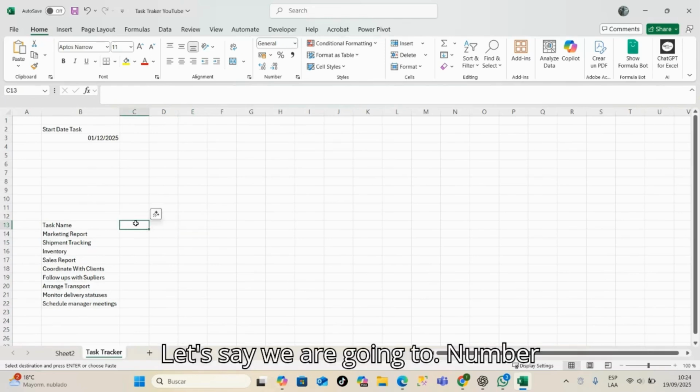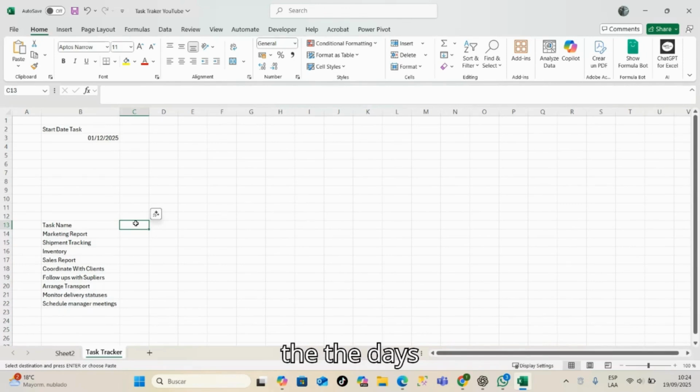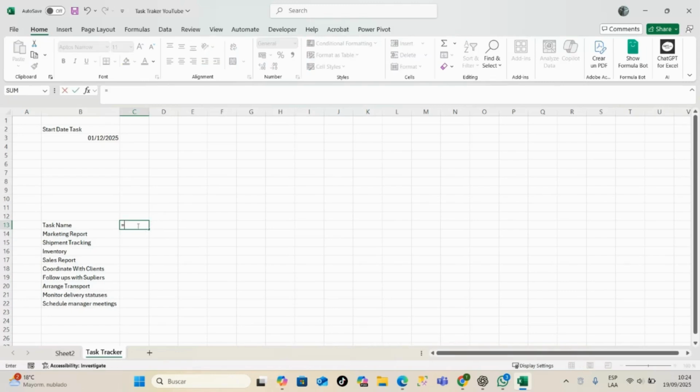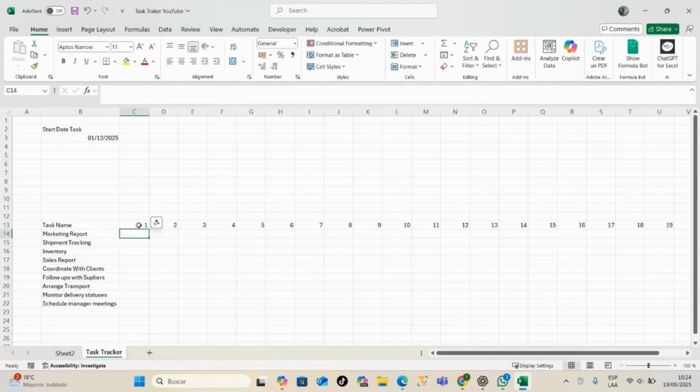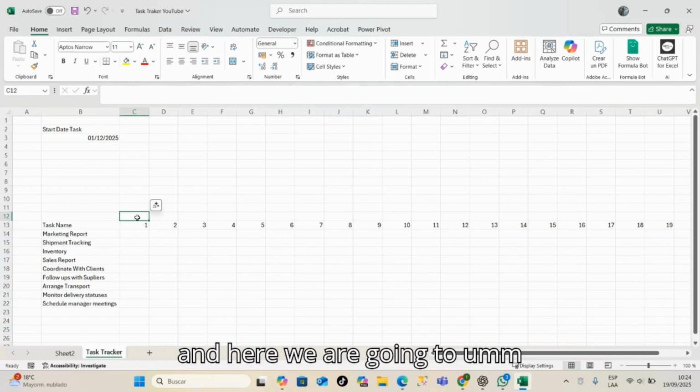Let's say we are going to number the days. It is going to be for 21 days. We can use the sequence function. And here we are going to